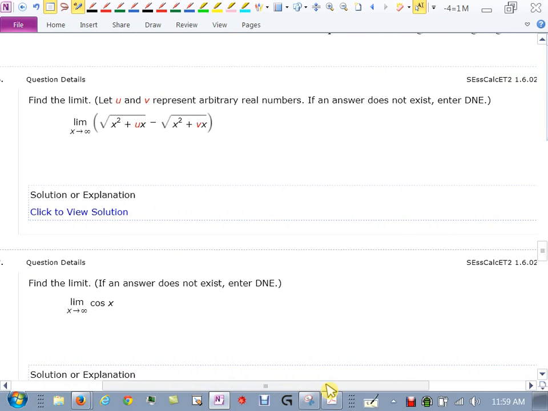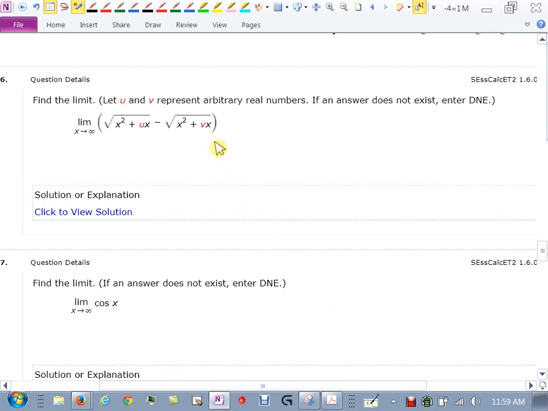Okay, find the limit. Let u and v represent arbitrary real numbers. If an answer does not exist, enter DNE. So they're just telling you that these two numbers are real numbers, and it wants you to find the limit. If I let x go to infinity now, I get infinity here, because that's just a number times infinity, minus another